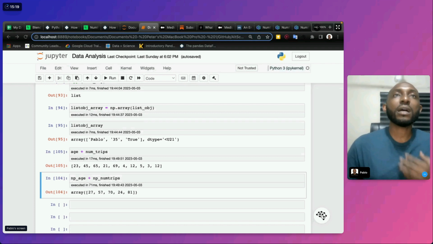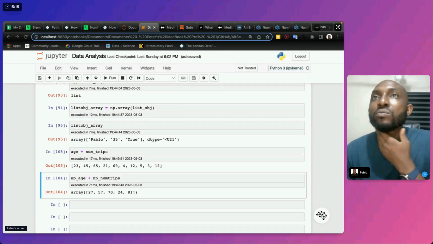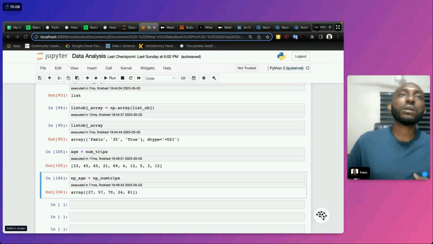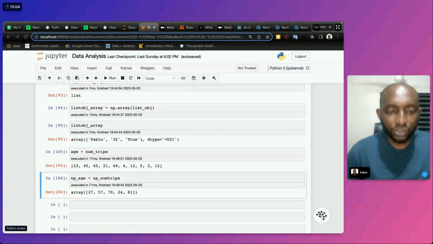There are always ways you can time whatever you're running. Once you time it, it's supposed to check the timing and let you know.